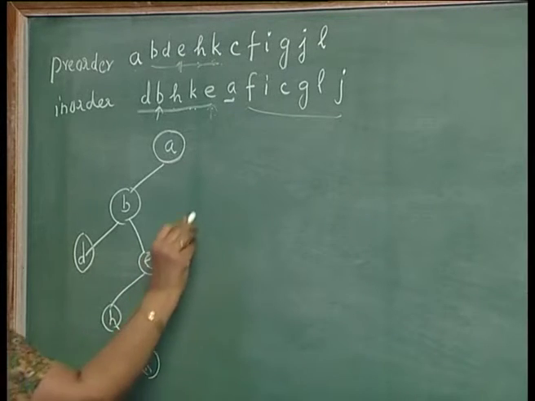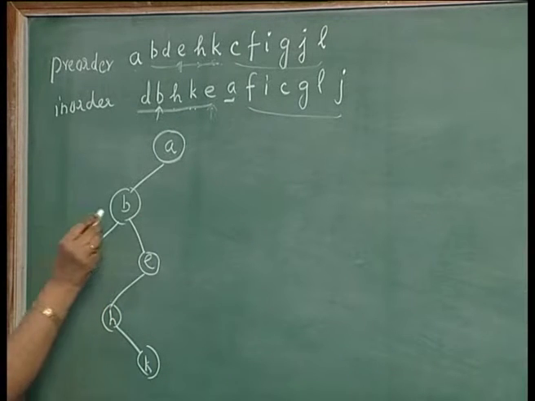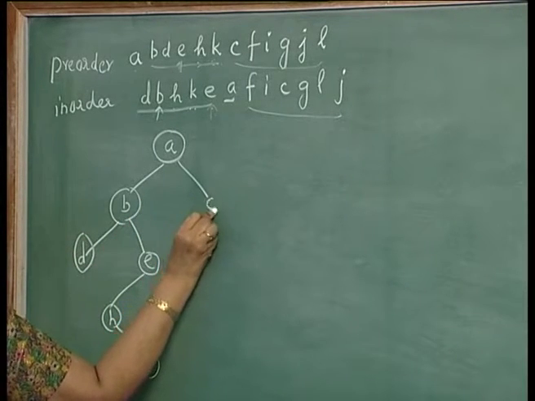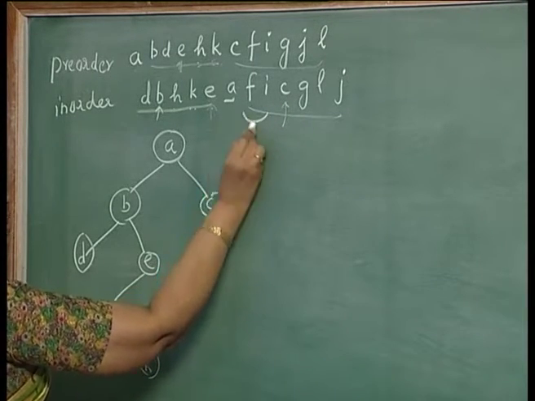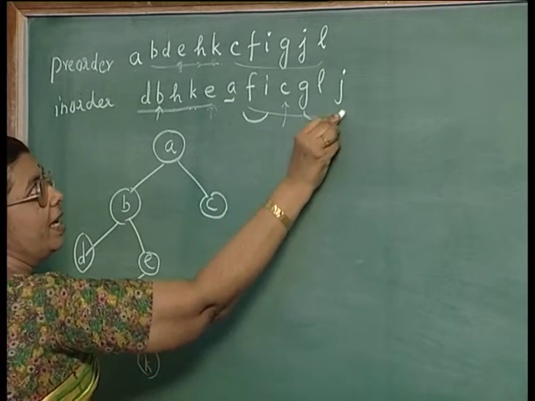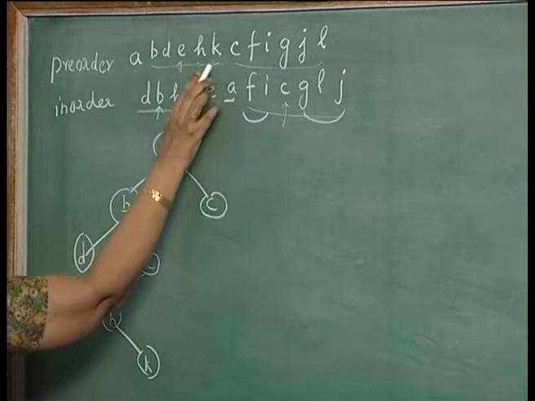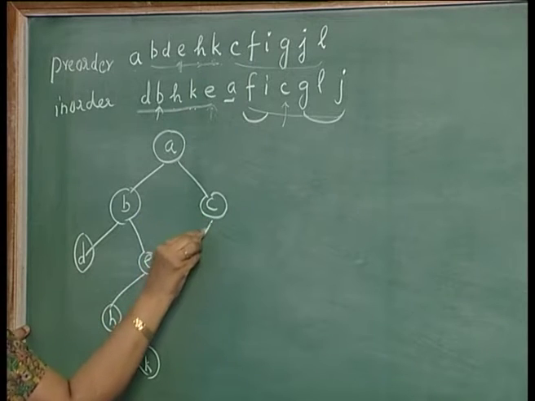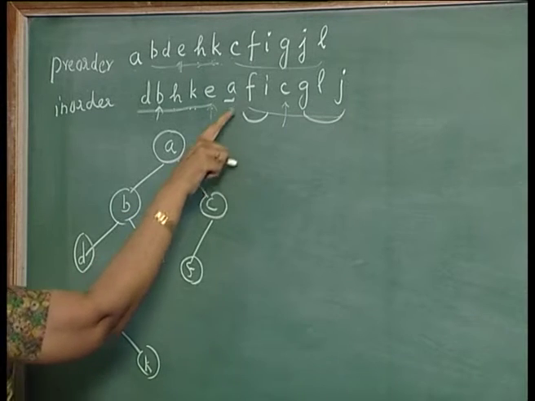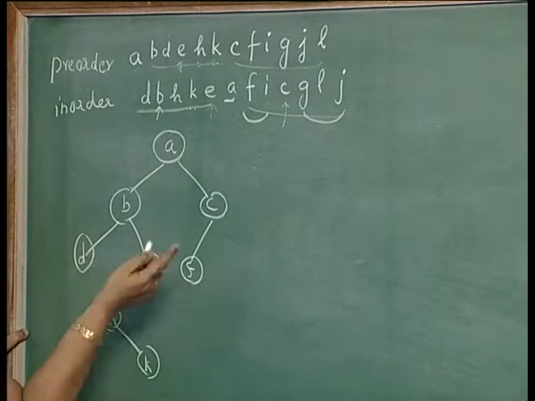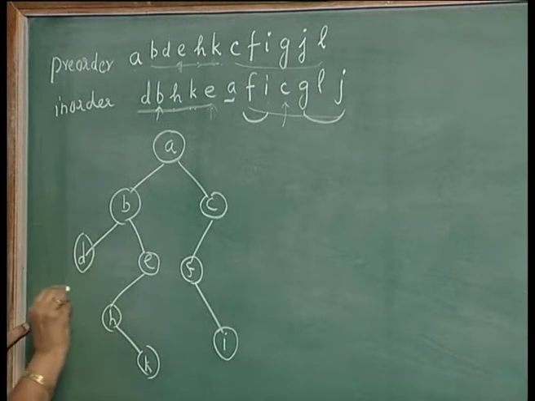Now, look at the right subtree. These are the 6 vertices occurring in the right subtree. Again in the pre-order manner, you can see that the first node is C. So, C is the root. Here C is the root. So, F, I should occur on the left subtree of C and G, L, J should occur on the right subtree. Again, if you look at this one, F comes first. So, F should be the root of the left subtree and here you see that I occurs on the right next to F. So, it should occur on the right subtree. So, it will be like this.